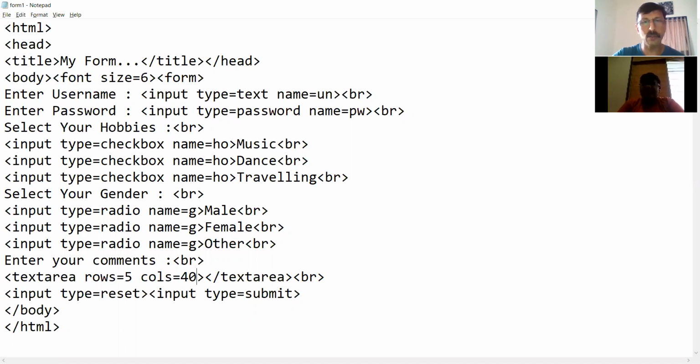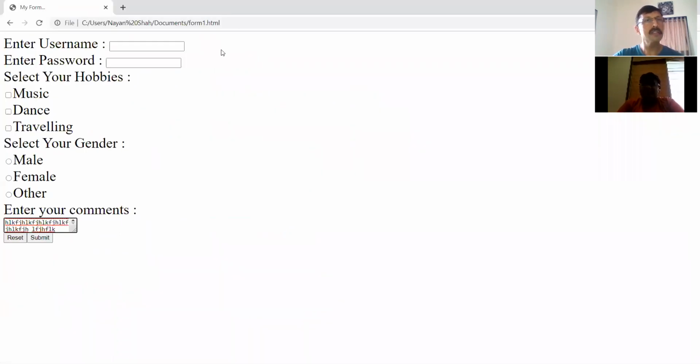Let us refresh the browser, and now as you can see, the width and height of the textarea box has changed. This can be done with textarea and cannot be done with a text box, because a text box is a single line text box. So I hope you are clear with the textarea control.